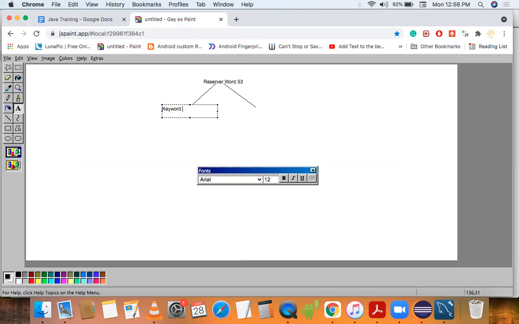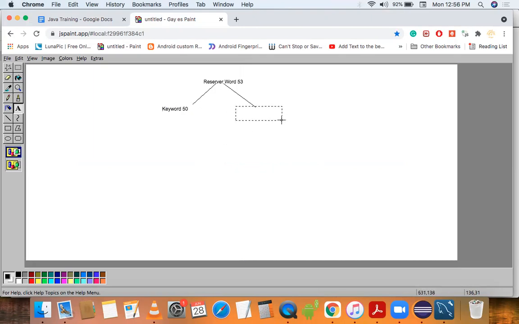Around 50 words are keywords. And the second one is reserved literal. Basically, three words are literals.